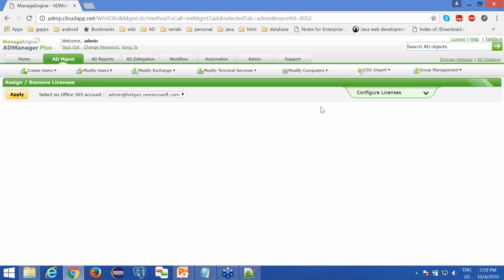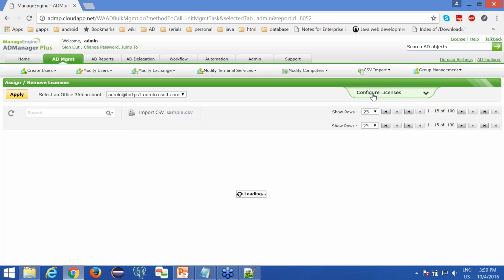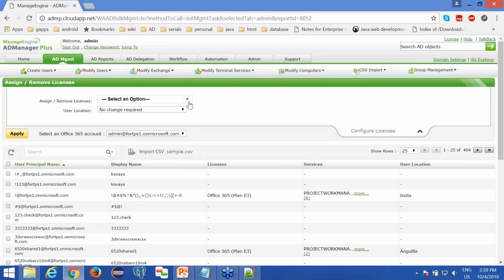So you can configure the license option here. Just click this button, configure licenses. Specify the option that you are going to perform. It can be remove all licenses or remove selected license or replace license or add licenses. So say for example, it's going to be for remove all